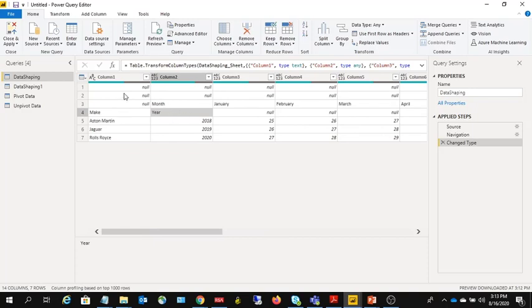So before applying any data shaping transformations on this query, you need to identify what the actual columns and names are. Then you should be able to make sure that you are not going to miss anything that is supposed to be there in the table. This is how you can identify column headers as well as the names.